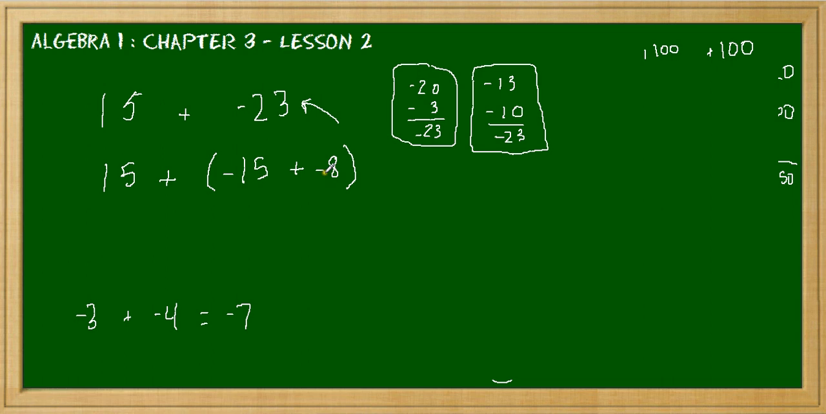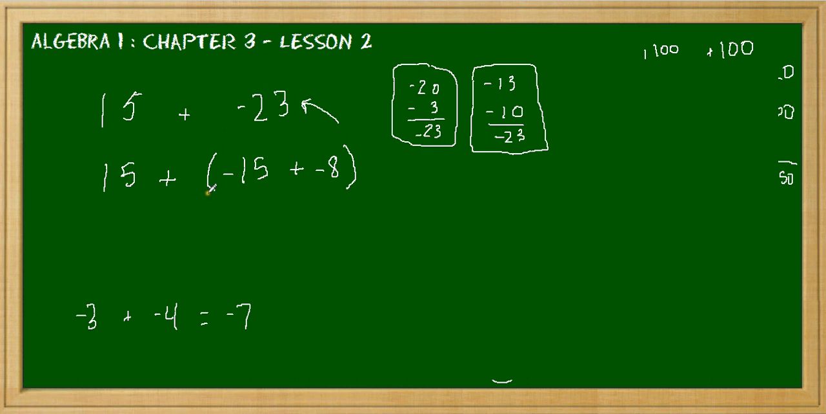And we know 8 and 15 positive are 23, so it's just the opposite. -15 and -8 are -23. So now that I've done that, we know that we can, because we're doing the